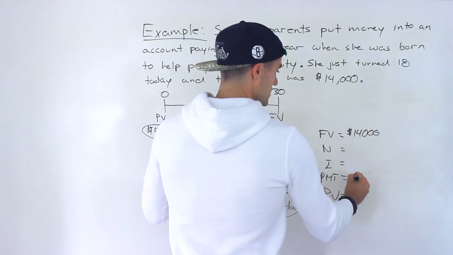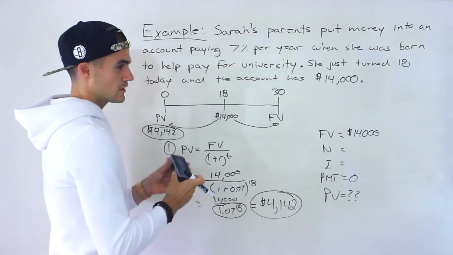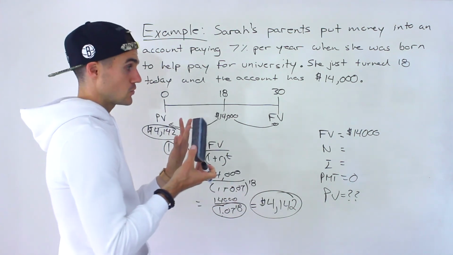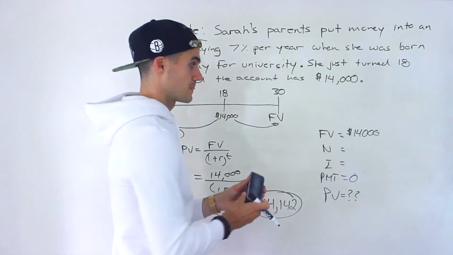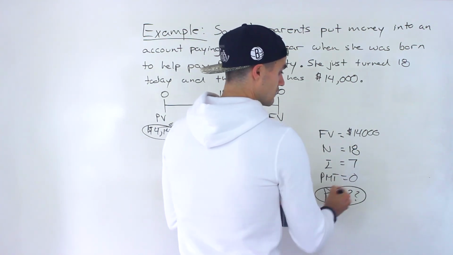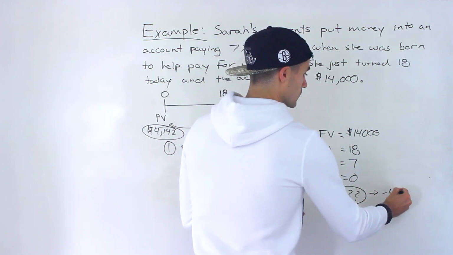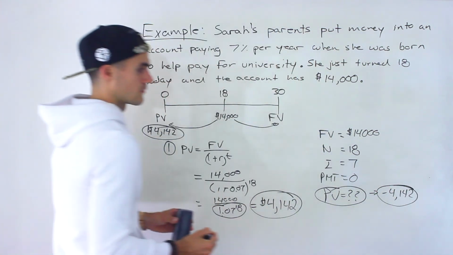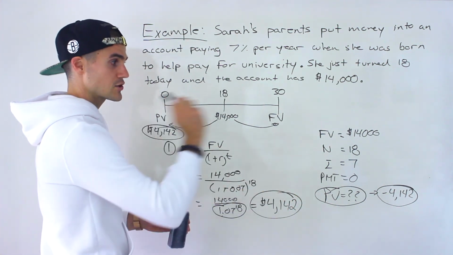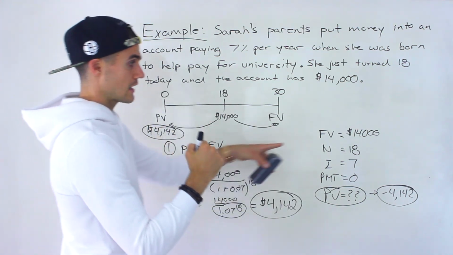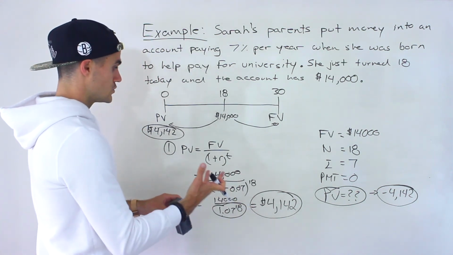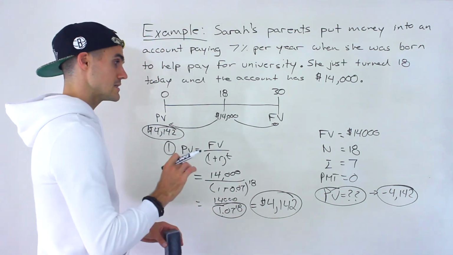Because there's not going to be any payments in between, it doesn't really matter if you use positive or negative here, but if you want to intuitively relate it to the question, 14,000 is the amount that you're getting, the amount that you have, so we can have it positive. We're present valuing it by 18 years at 7%, and so the PV that you're going to get is negative 4,142. That's the amount you have to invest. That's why it's a negative. So cash outflow, and then you're going to receive 14,000 in 18 years. So that was the future value. So whichever way you do it, 4,142 is the answer